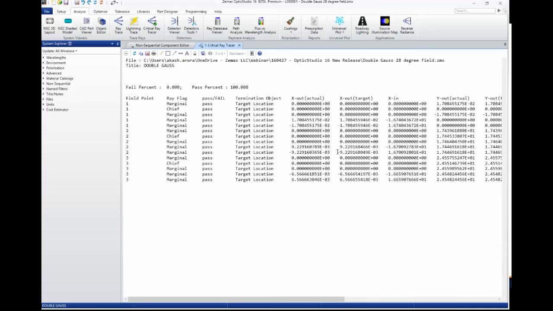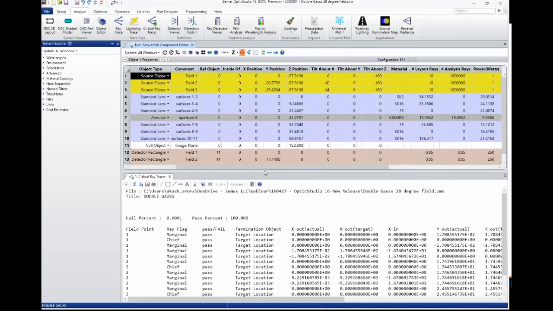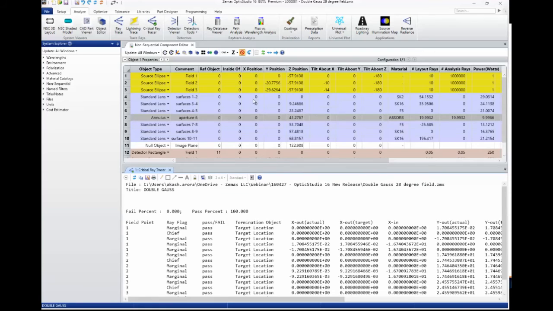So if I click OK, the first thing that you'll see is it shows me all of those marginal and chief rays that it traced. And what's good is that they're all passing at this point. So I've done nothing but convert to non-sequential mode. So 100% passing is good. Now what you can see is if I start perturbing the optical system, let's say I start shifting one of these lenses